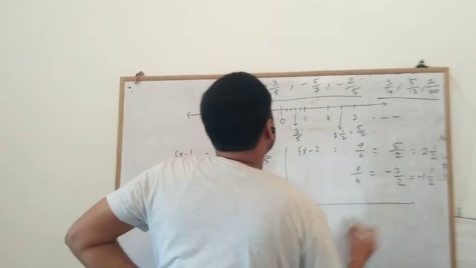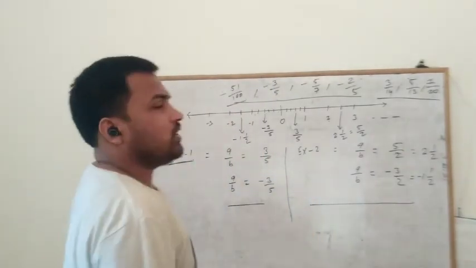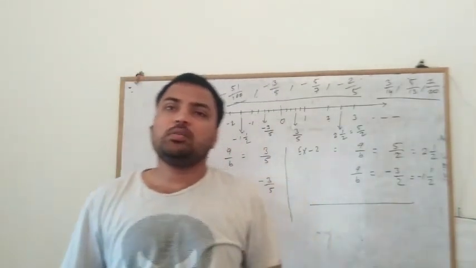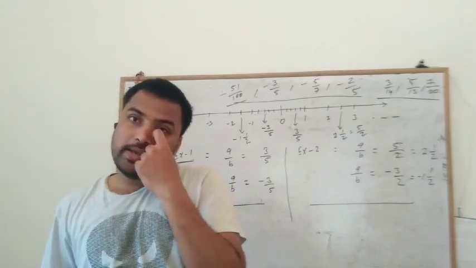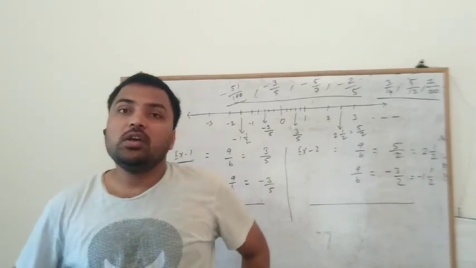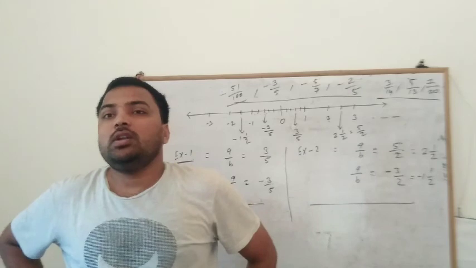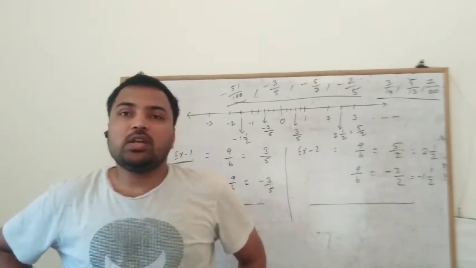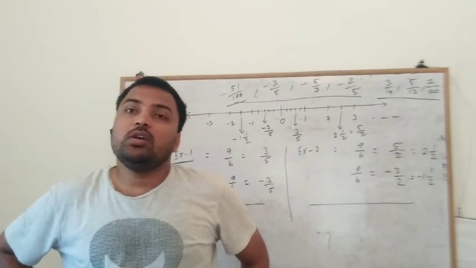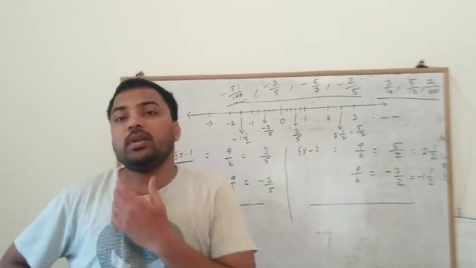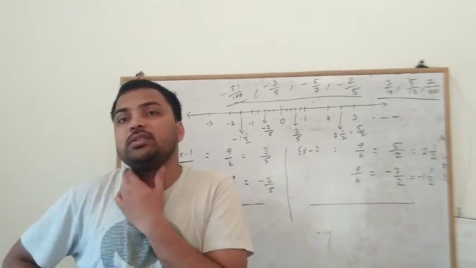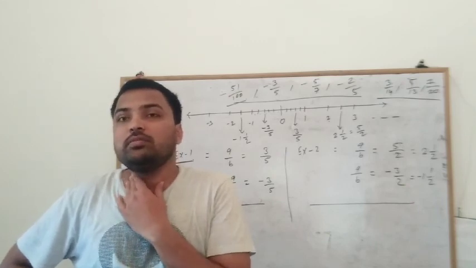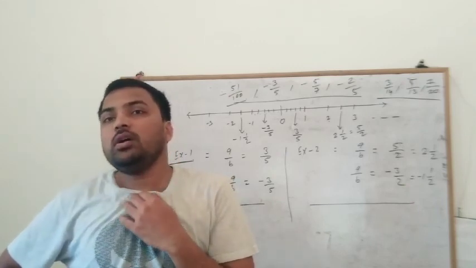Okay, so here we understood what rational numbers are, what the properties of rational numbers are, as well as how to represent rational numbers on a number line. Okay, thank you. In the next class we will discuss the addition of rational numbers, comparison of rational numbers, as well as some properties of addition of rational numbers.